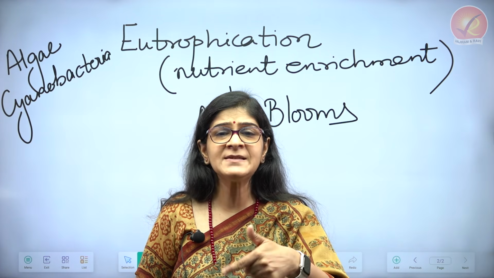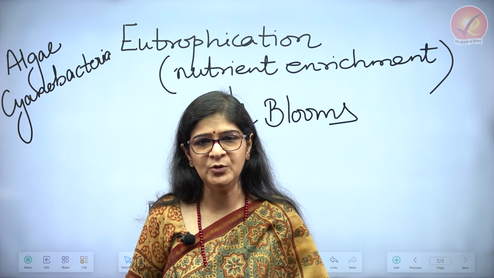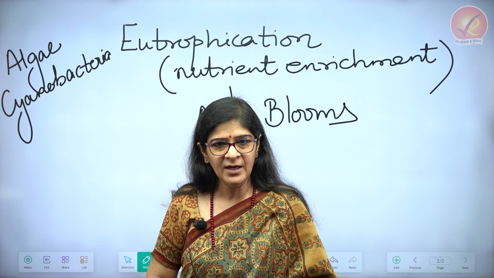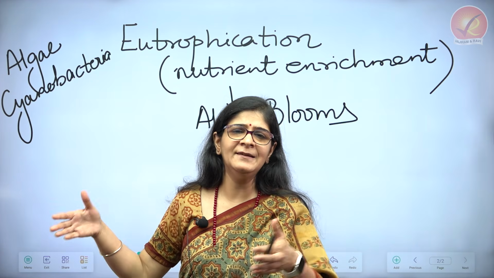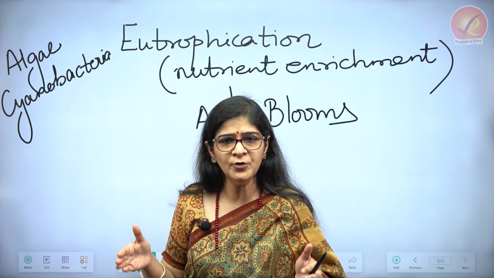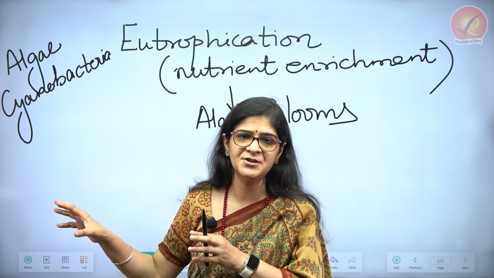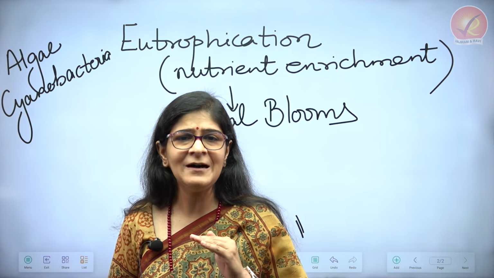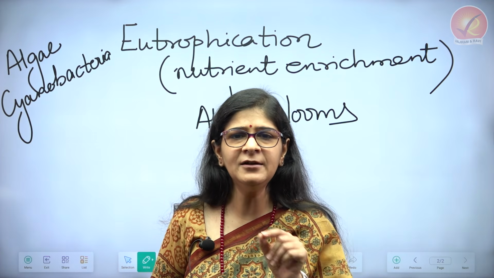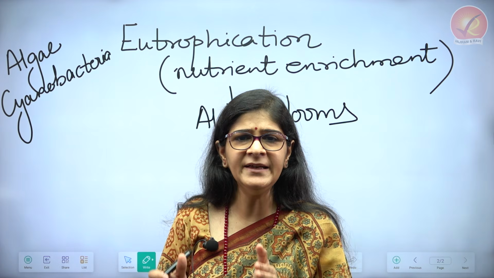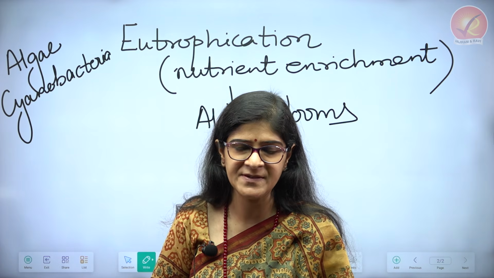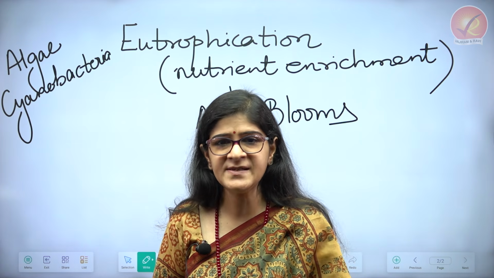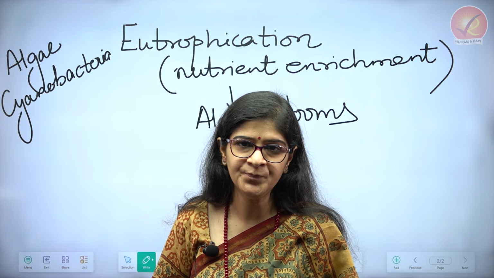So eutrophication is then going to result in algal blooms, and algal blooms have become a very common sight. So we go to a certain rural area, and there, let's say, is a small pond of water in proximity of the agricultural fields. We often find that the water body is covered with a green colored matty layer or a green colored scum on the surface. That green colored scum on the surface is an algal bloom.